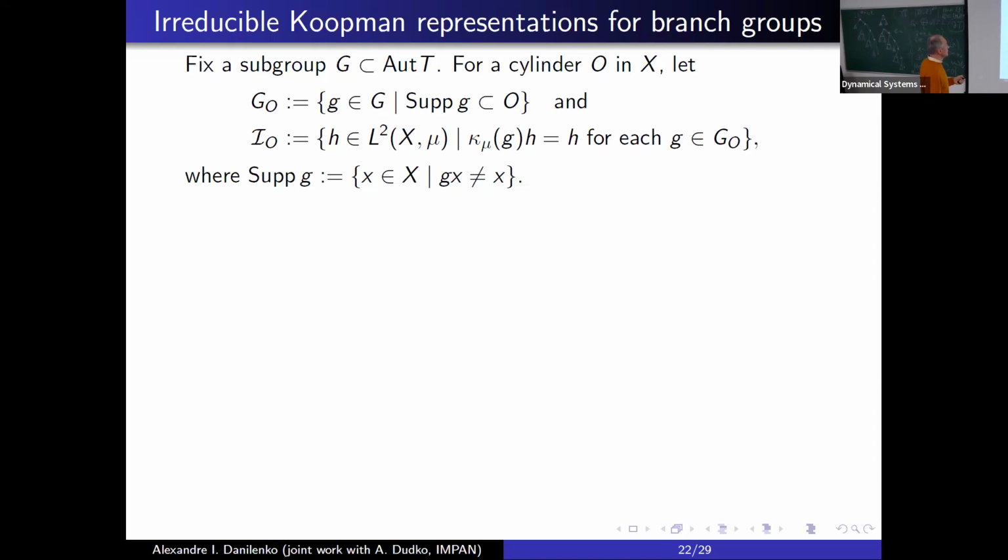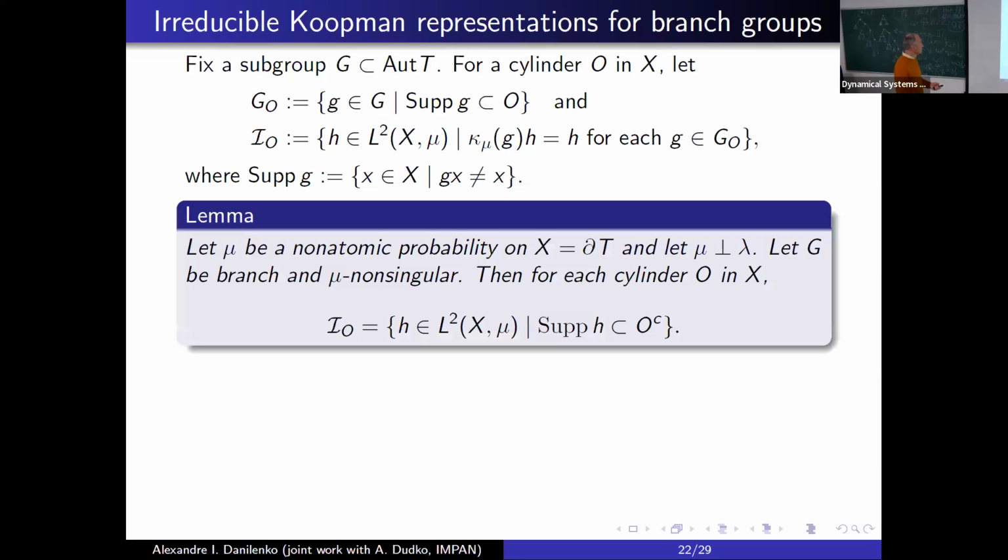For a subgroup G, I remind that G_O is the set of elements of G which are supported in O, and I_O the set of fixed vectors for all this group. The lemma: let mu be a non-atomic probability measure on X, orthogonal to the Haar measure. Suppose that G is branch and mu non-singular. Then for every cylinder O,